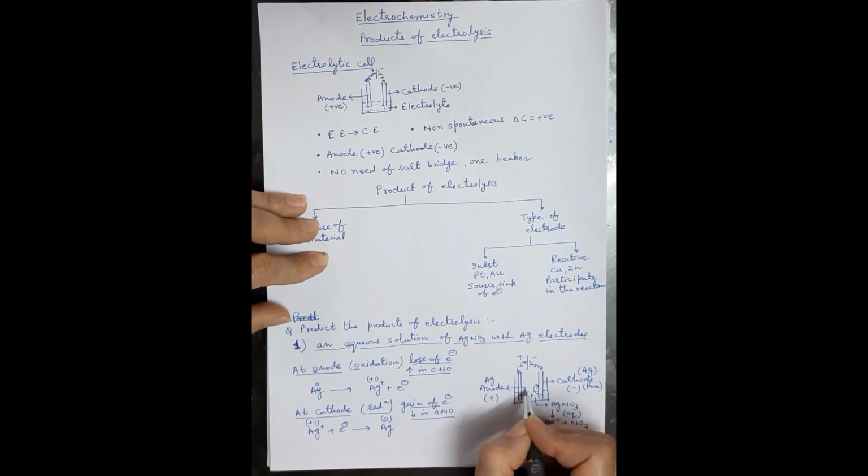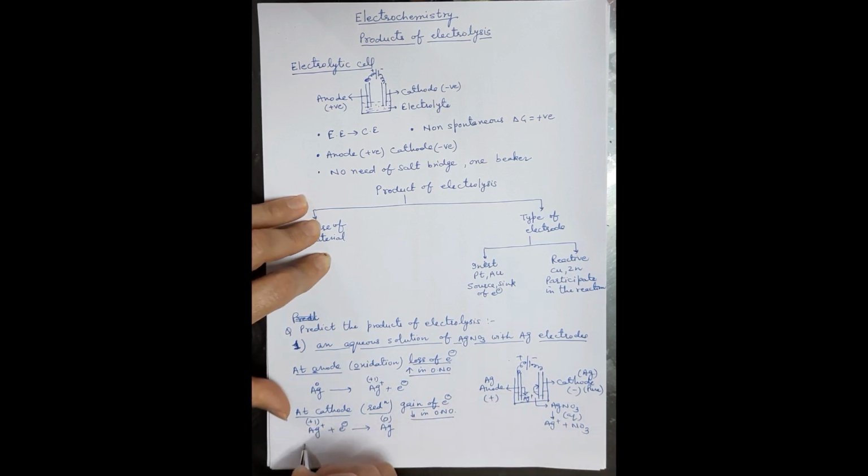So what will happen? Continuously this is going to lose silver, and this rod will start decomposing, and anode mud will be formed at the bottom of the anode, which contains all the impurities, and continuously there is deposition of pure metal over the pure rod, which is taken as cathode. So you'll see thinning of anode takes place, whereas thickening of cathode takes place. Cathode becomes thick and thick, and anode becomes thin and thin. So this method is used for purification of metals.